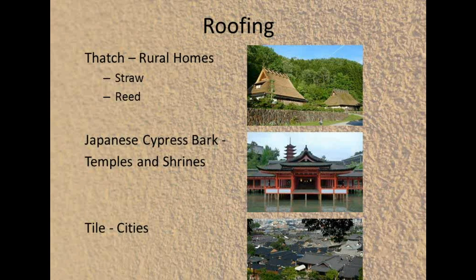One shingle will be probably about $22 of this. Yeah, and for the Japanese cypress bark, they take the bark off the tree while it's still living, and it has to be taken off very thin, or they'll kill the tree. And the first time you take it off, apparently you can't use it. It's thrown away, and it takes 20 years to regenerate. And from that second generation, you take the bark and you use it, and you keep taking the bark off the same trees every 20 years. That kind of explains the cost of the roofing material. It's almost as expensive as a biro